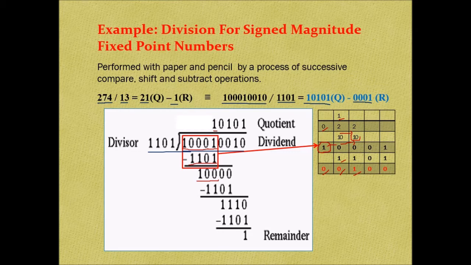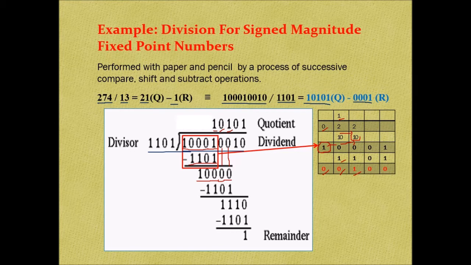After that we have to bring down this 0 here and check this 4-bit position. Again you can see that these 4 bits are smaller than the divisor. That means division is not possible. So in this case we know that we have to put 0 here in the quotient. I have put 0 here. After that I can take another 0 from here. Now this is a 5-bit number and it is greater than the divisor. So now division is possible. That's why I have now given 1 here.